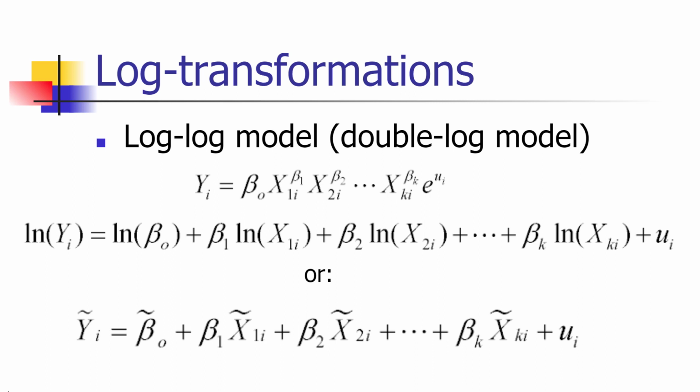In order to use this transformation, if you have data on the variables y, x1, x2 through xk, all you need to do to estimate that model in a multiple regression framework is to take the log of the dependent variable, the logs of each of the independent variables, and just run a regression of the log of the dependent variable on the natural logs of each of the independent variables, and we get estimates of the slope coefficients beta 1 through beta k, which are the exponents in the original equation.